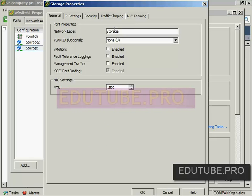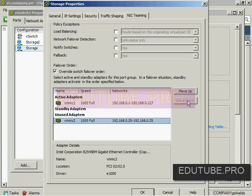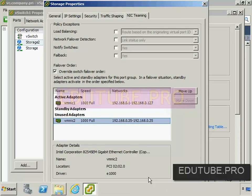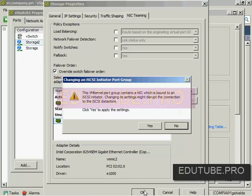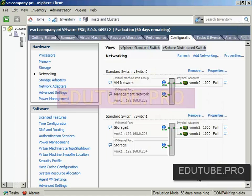have multiple adapters that connect into a single IP address. And so the only way I can really make this work is to override the switch failover order and move the other adapter down into unused adapters. I need to do this here for storage 2, and I need to do it again here for storage 1. Click Edit, go back to NIC teaming, override the switch failover order, and then move NIC 2 down into unused